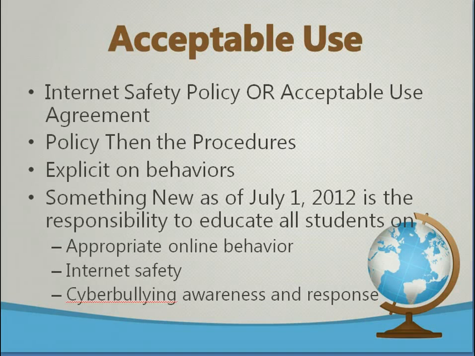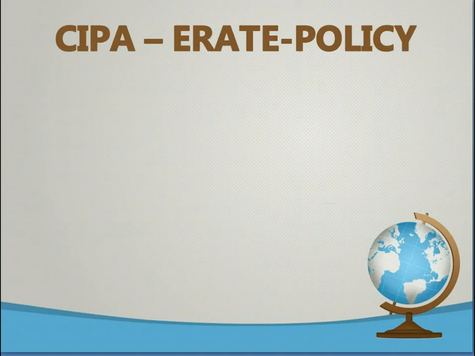It has to identify unauthorized disclosure, use, and dissemination of personal information regarding minors. And finally, it has to include measures restricting minors' access to material that's harmful to them. Schools and libraries must certify that they are in compliance with the CIPA before they can receive E-Rate funding. So with these three elements in place, the CIPA, E-Rate to reduce funding for our already budget-strapped schools, and the policies in place to guide the behavior